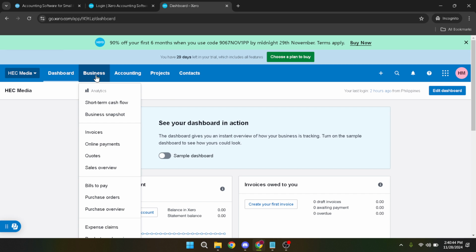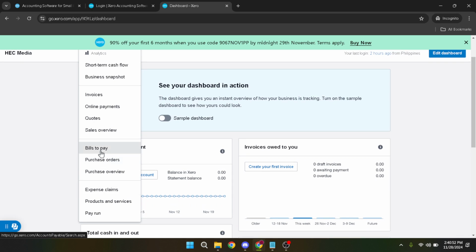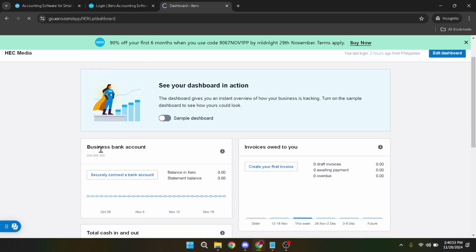This section is crucial as it contains all the information regarding your outgoing finances, including the bills and invoices due for payment. Now, within Bills to Pay, you should see various filters or categories, one of which is paid. Click on this to narrow down your view to transactions that have already been settled. This step is essential because remittance advice is relevant only for payments that have been completed.